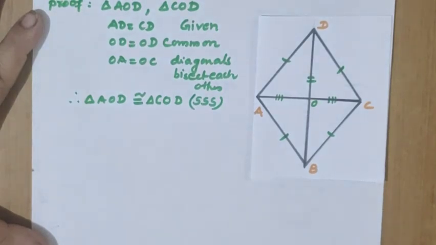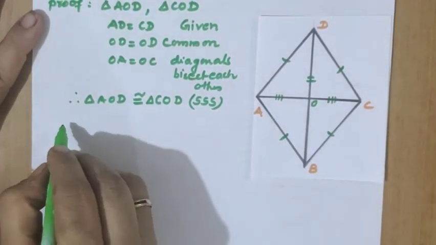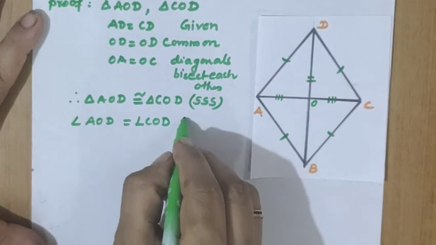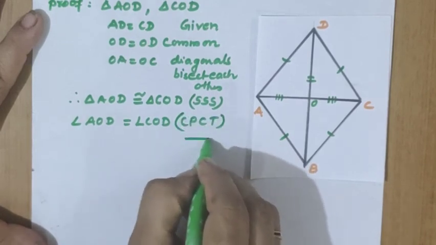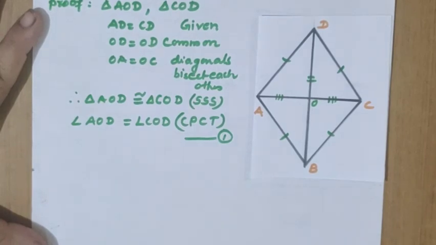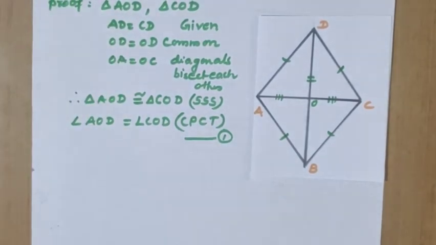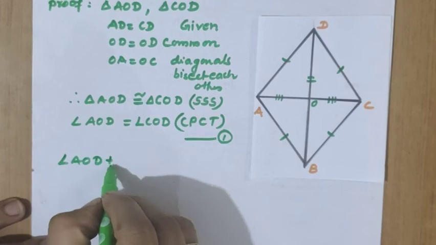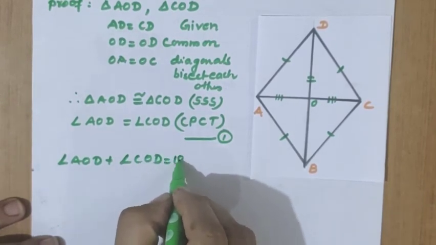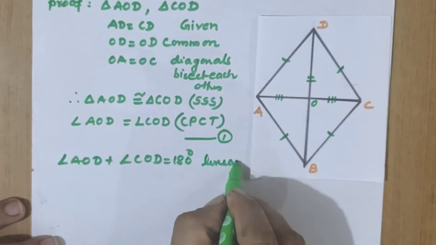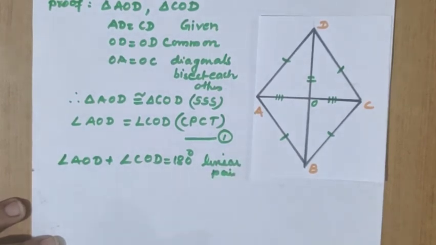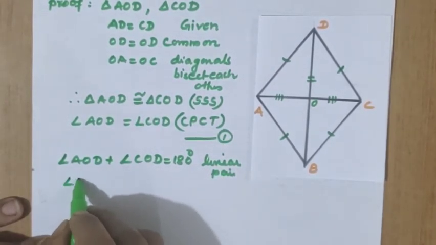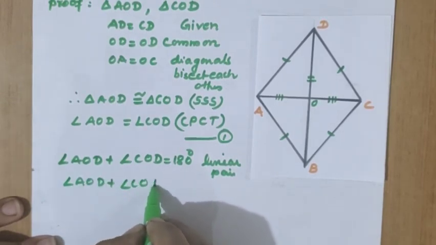Right? Now what do we have to prove? Angle O equal to 90 degree. So let us take angle AOD. AOD equal to COD, that is CPCT, equation number 1. Now we can write angle AOD plus angle COD equal to 180 degree, linear pair, right? Because AC is a diagonal. By using 1, AOD and COD are equal,